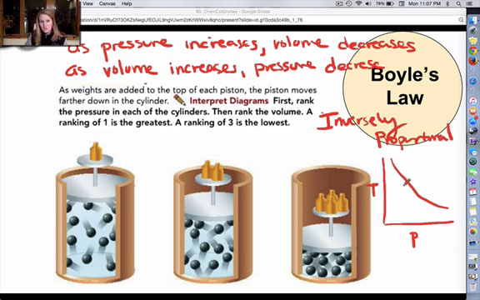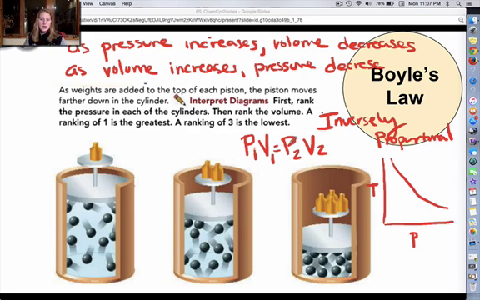There is an equation for this. P initial, I always say P1, times V1 is equal to P2 V2. So this is saying that the relationship between the pressure and the volume here is going to be equal to the product of the pressure and the volume under different circumstances. So if the pressure and the volume are such, and we'll look at an example in a second, and then all of a sudden they're kind of at equilibrium, so they're maintaining just like this,